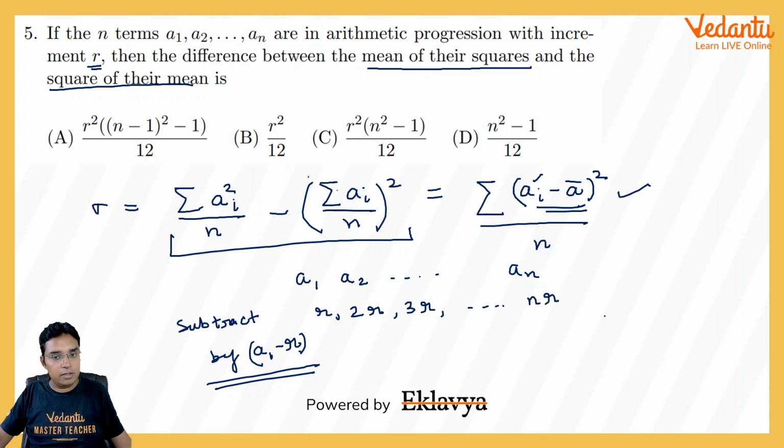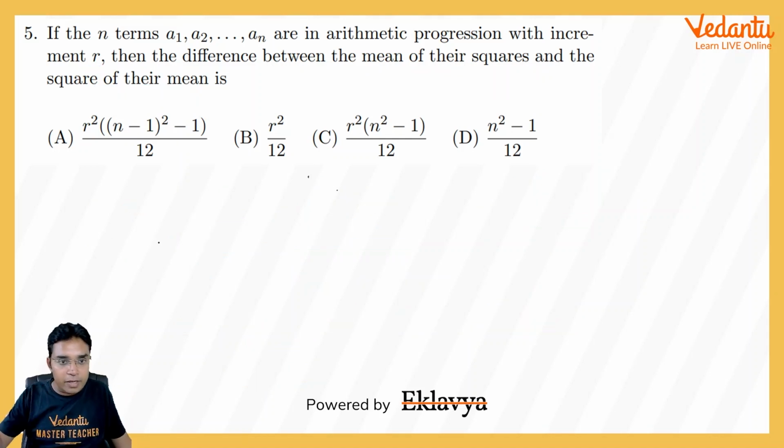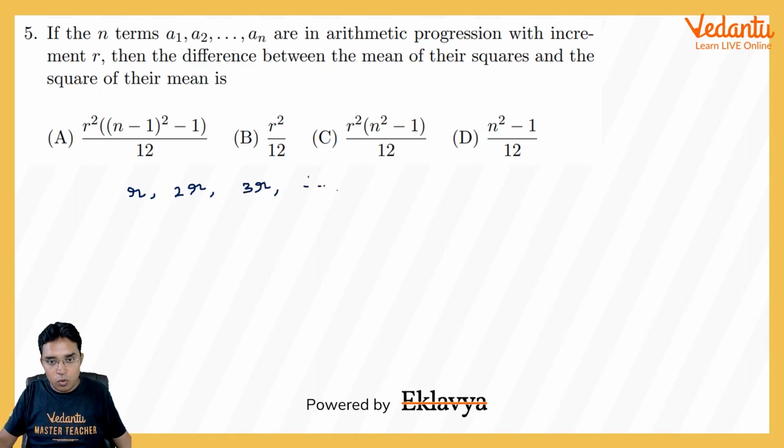You can check. So actually we have to find the variance of this data for R, 2R, 3R and NR. In fact, R can be taken common, and in the variance it will come as R square outside. Let us see how this will be done. Let me write this data once again. So my modified data is now R, 2R, 3R and so on up to NR. So now variance of this data